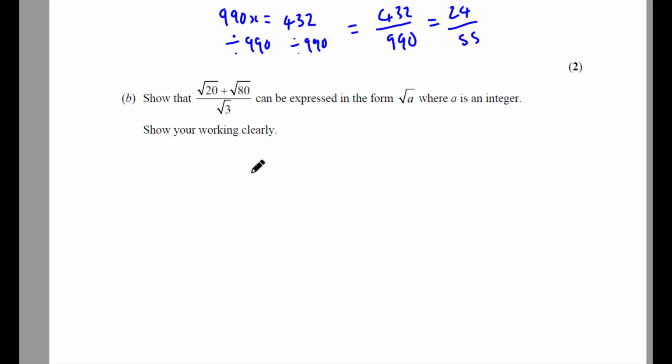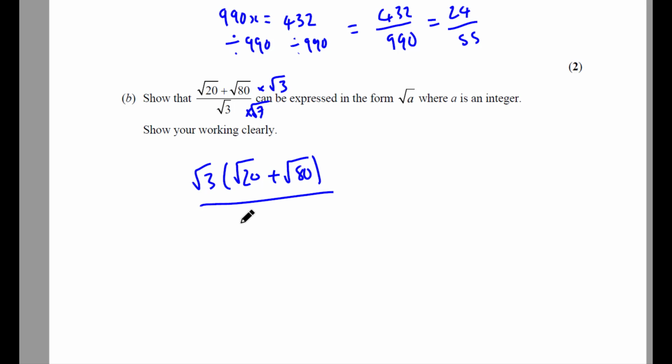Now this is thirds, so we just multiply both sides by the square root of 3, top and bottom, not both sides. Now you can simplify the thirds first if you want to, but I'm just going to do it later. Depends, whatever's easy for you, but these numbers don't look too difficult to do anytime you want. So the root of 3 times top and bottom, remember to put the top in a bracket, so that becomes the square root of 60, add the square root of 240,